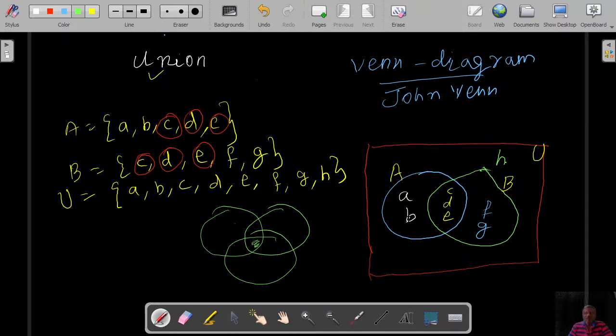If you remember, what was A minus B in our problem? From the set A, we were removing the common elements. So this is A minus B. And what was B minus A? From set B, we remove the common elements. You have to actually shade and show whenever they ask. Fortunately or unfortunately, it is not there in the syllabus.